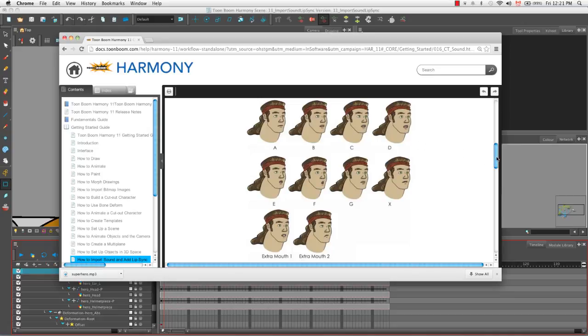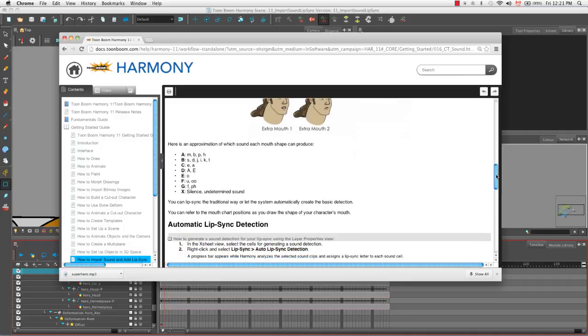And if we scroll down a bit here, you can see an approximation of what each mouth shape is supposed to be producing. So A is actually supposed to represent the M, B, P, and H letter sounds. And people who have been doing this for a long time have this chart memorized by heart,